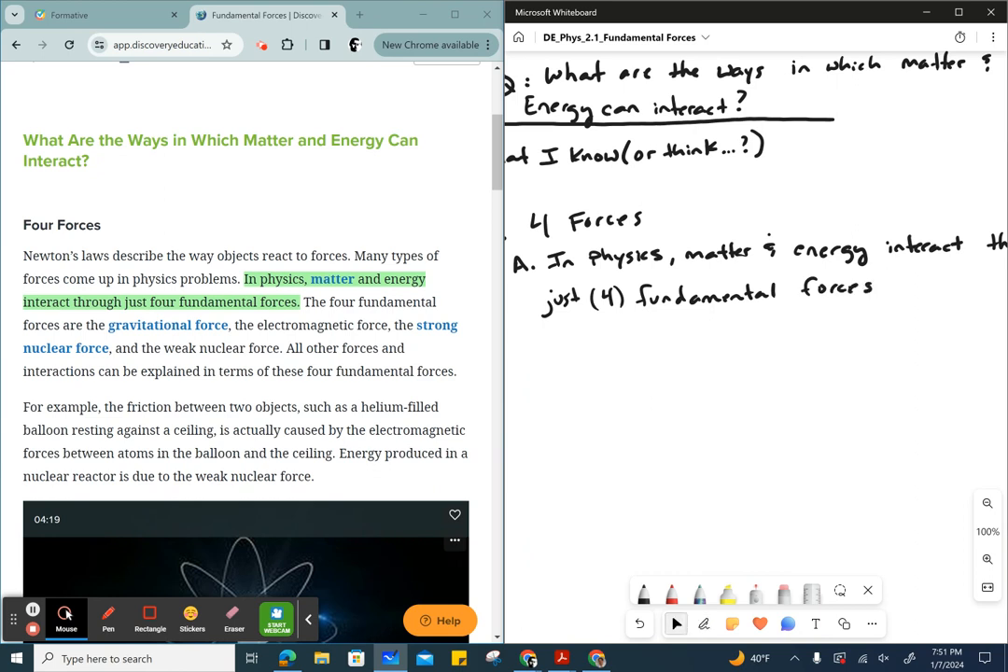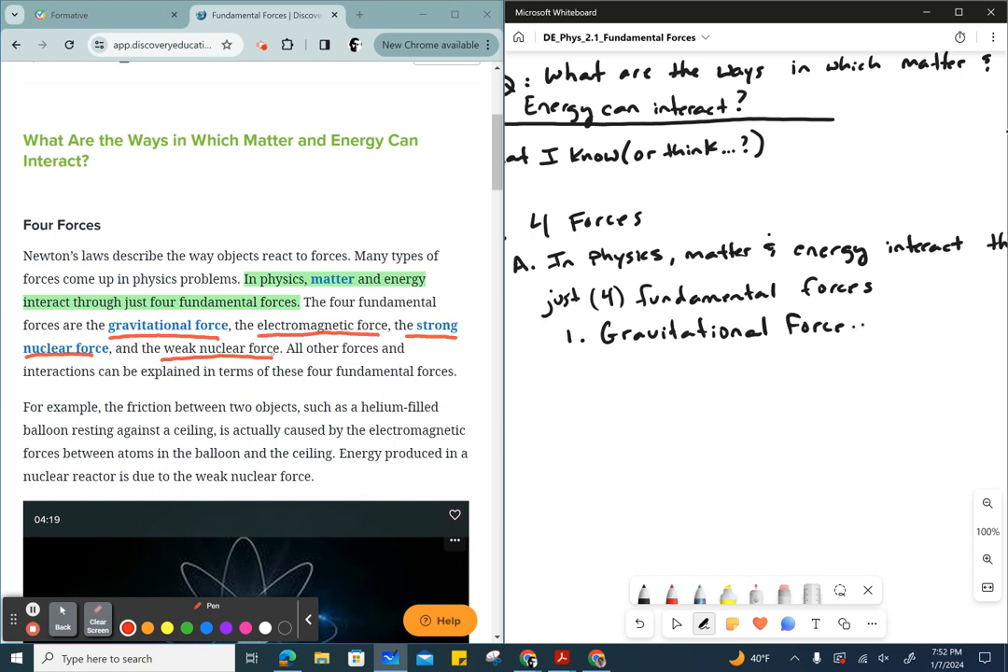Okay, and you may have already written 1 or 2 of these items down when you wrote down what you knew. The 4 fundamental forces are the gravitational force, electromagnetic force, strong nuclear force, and weak nuclear force. That's it. So let's write those down. Number 1, we have gravitational force, the force that causes an apple to fall to the earth from the tree. Gravitational force, electromagnetic force,